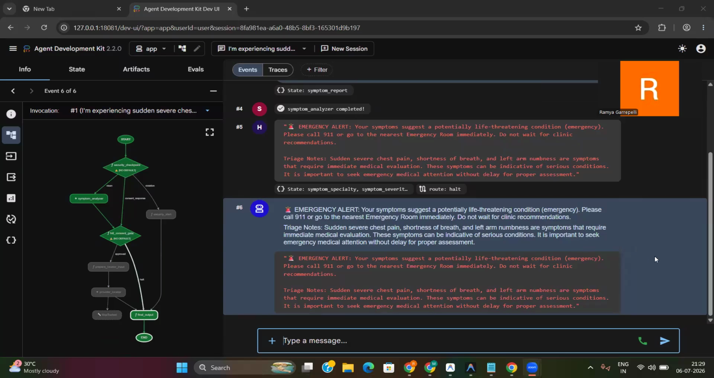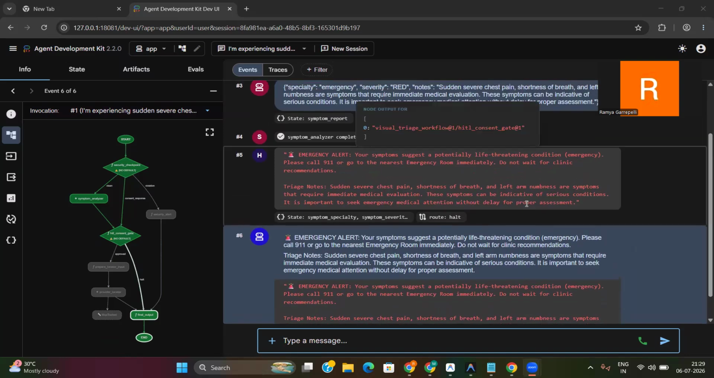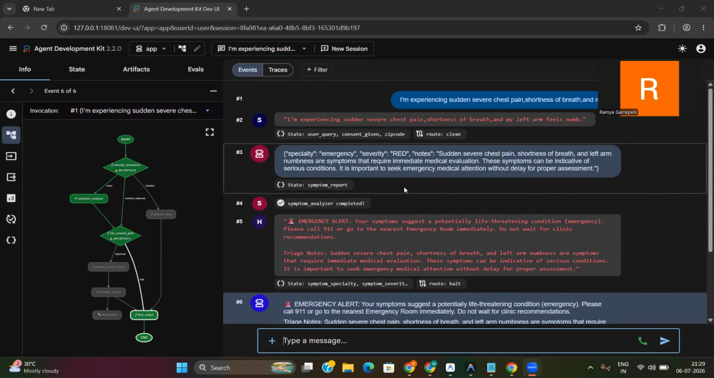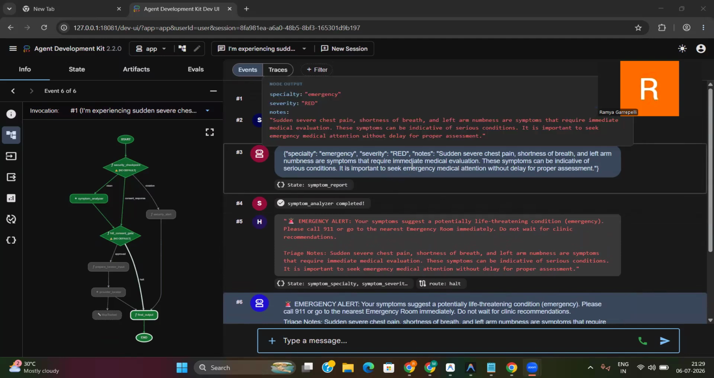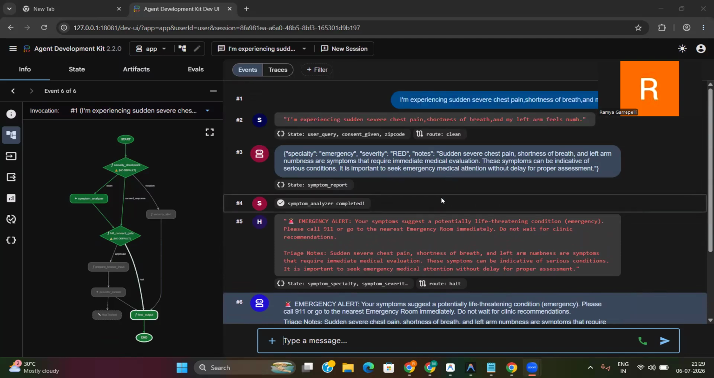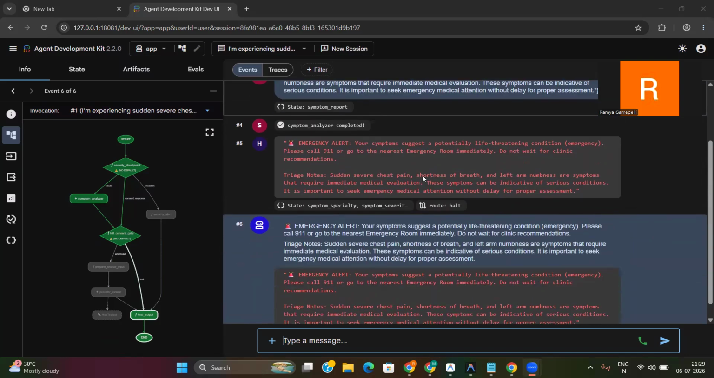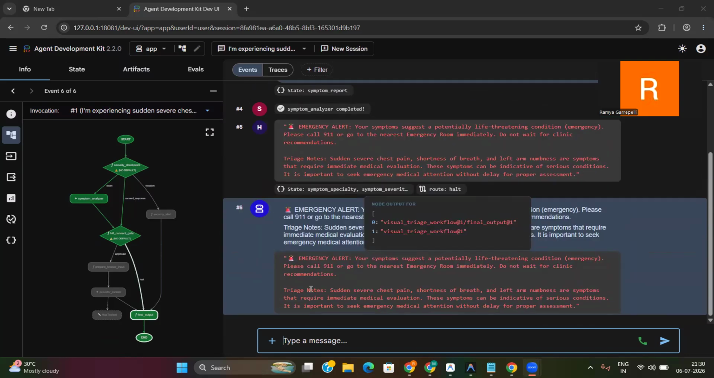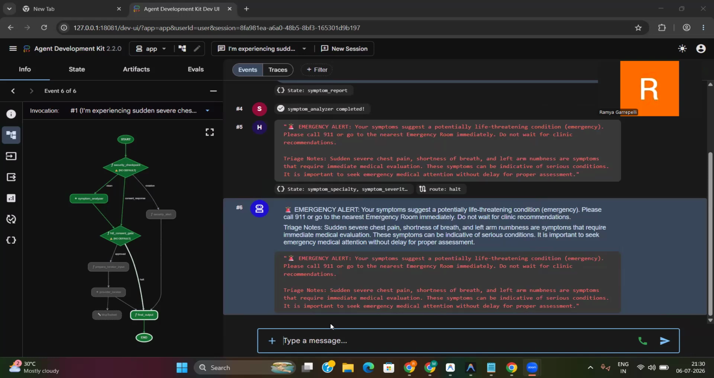Here it resolved the issue and it's showing the emergency alert, call 911, and it has given the specialty emergency, severity red. That means immediate emergency medical attention is needed. Here it has recommended to call 911. This is the second scenario. And coming to the third scenario,